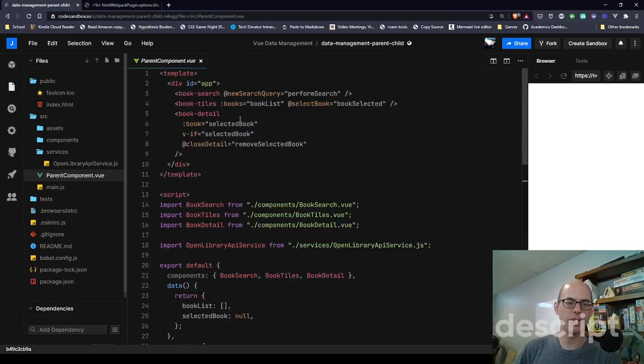We then have the book detail, which is a component that we will give the selected book to, and we only show it if there is a selected book. If there's not a selected book, we just take it off the screen and it doesn't exist. And so we are giving the detail whatever book was selected,